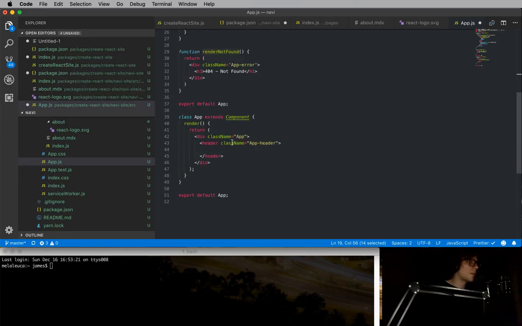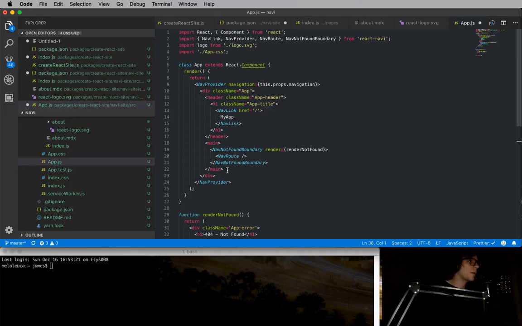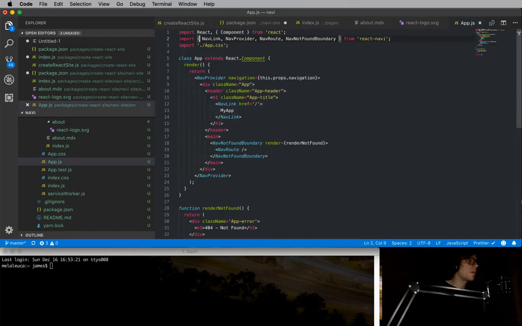And we've already got an app at the top. We've got an app header. I mean, these are going to need to be restyled, but they should work. Okay. I think that's... Oh, we don't need logo anymore. So we've got nav loading, nav provider, nav route. Oh, no. There's one more thing I should probably add,